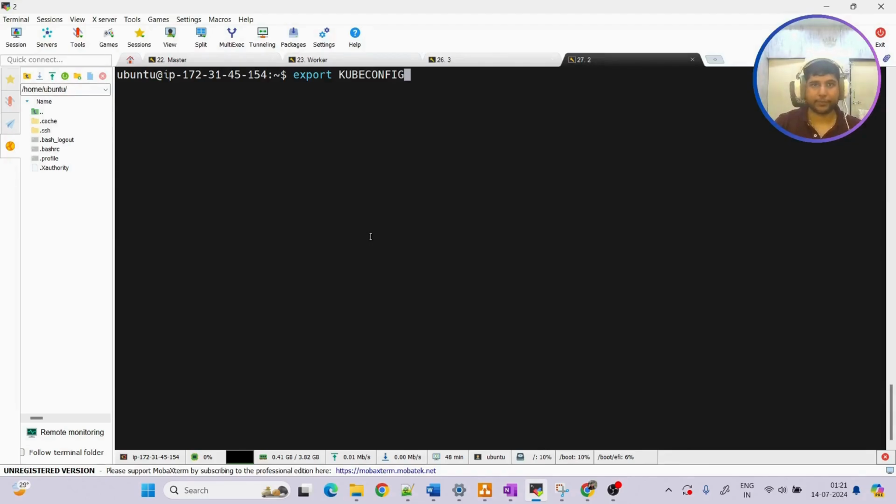Next up, what we have to do, once we have added the kubeconfig file, we need to export it. Okay, that we can do using /home/ubuntu then the kubeconfig file. Once we have done that, we can run the command kubectl get